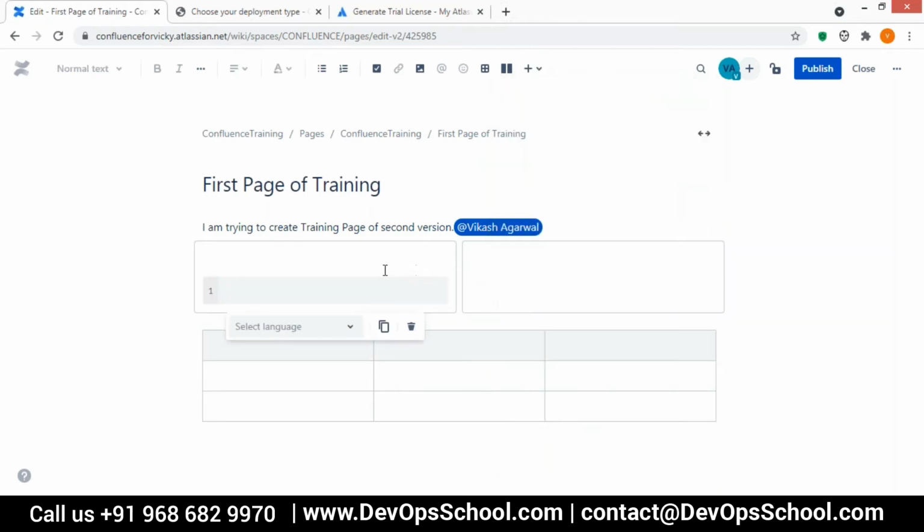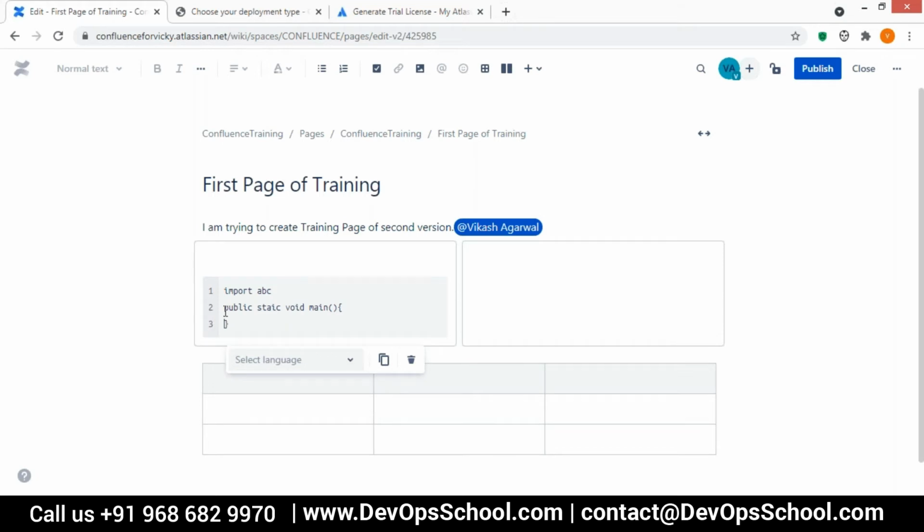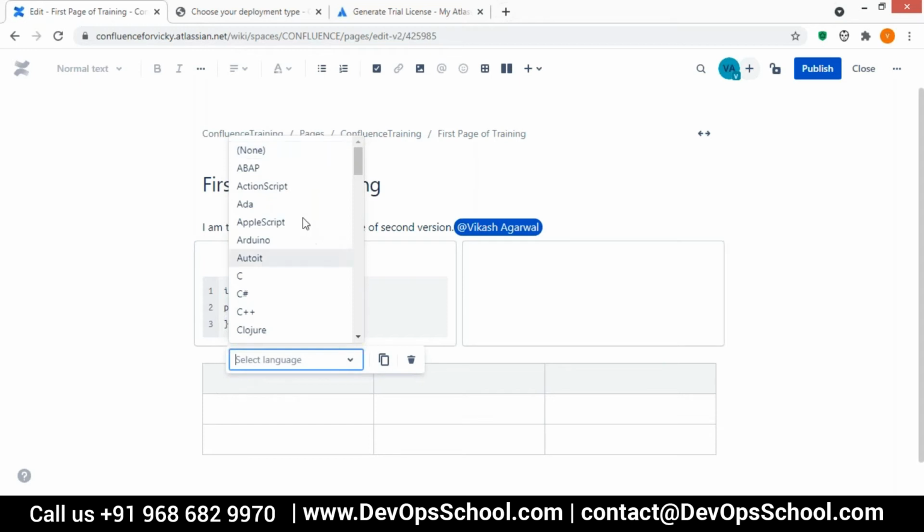For example, the code snippet. If you want to add some code in your page, you can write like import abc and public static void main, just for your understanding. This will appear as code, and you can select the language also.